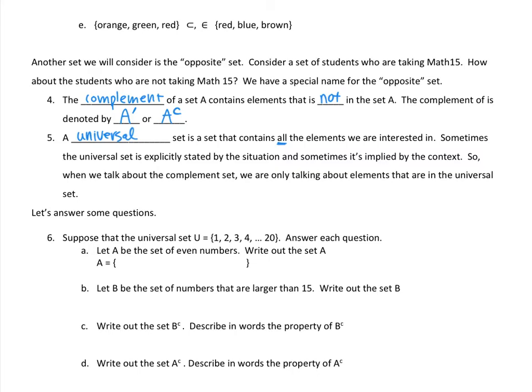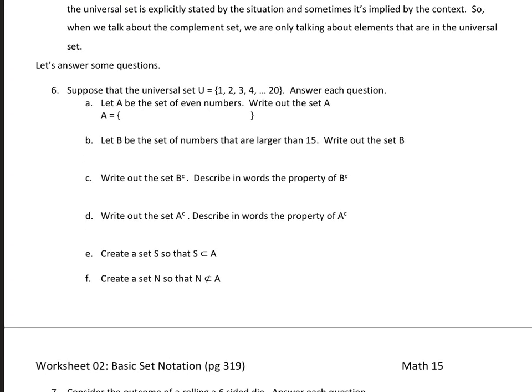All right, let's see, number 6. I'm going to do a few problems in number 6 and have you finish the rest of number 6 and number 7. Suppose that the universal set U is 1, 2, 3, dot dot dot, 20. This is a lazy way of saying it goes on, not forever, but it continues: 1, 2, 3, 4, 5, 6, all the way to 20. Instead of writing everything out, I'm saying it's the whole numbers 1 through 20. If there's a clear pattern, then you can do that. So that's my universal set.